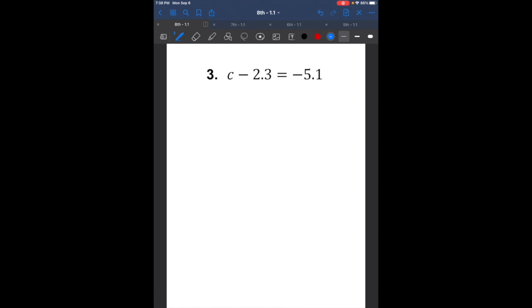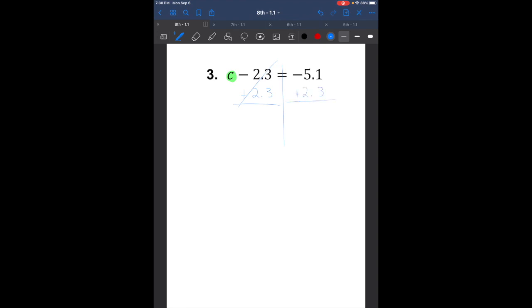Remember all the steps. Make sure you write down the problem. Break your problem in half. We got side 1 and side 2. Remember, we want to get our variable by itself. So to do that, we want to get rid of this. So what is the opposite of subtracting 2.3? Well, that is to add 2.3. So we're going to add 2.3. We know that that's going to cross itself off, and then we are going to add